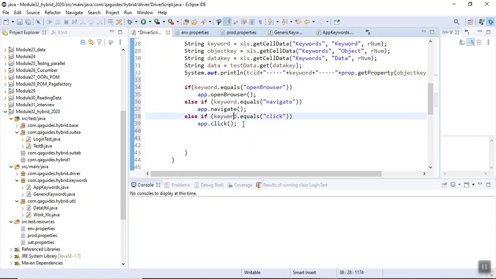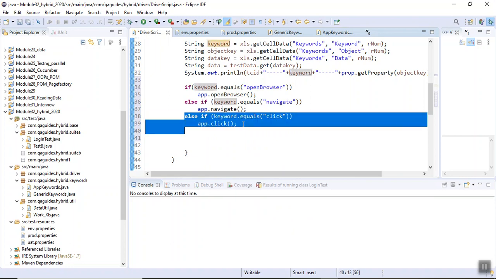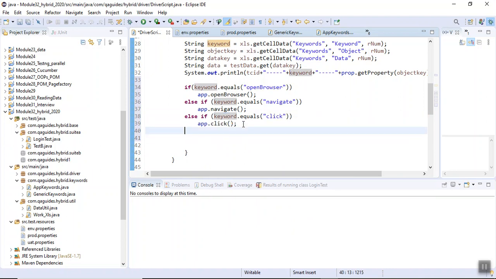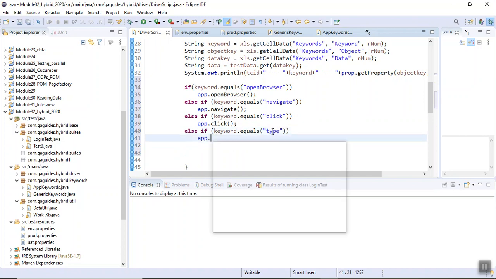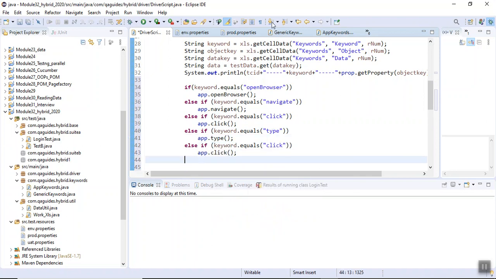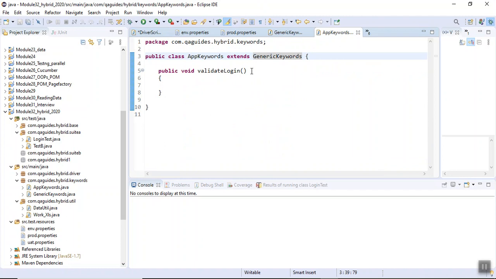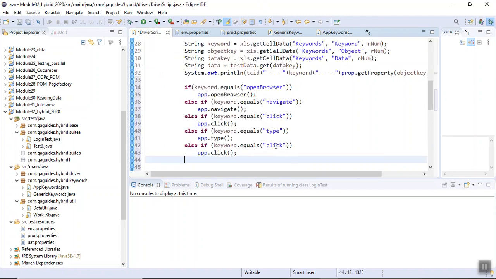Okay, else if keyword is type, app dot type, else if it is equals to validate login, and we will call the function app dot validate login.